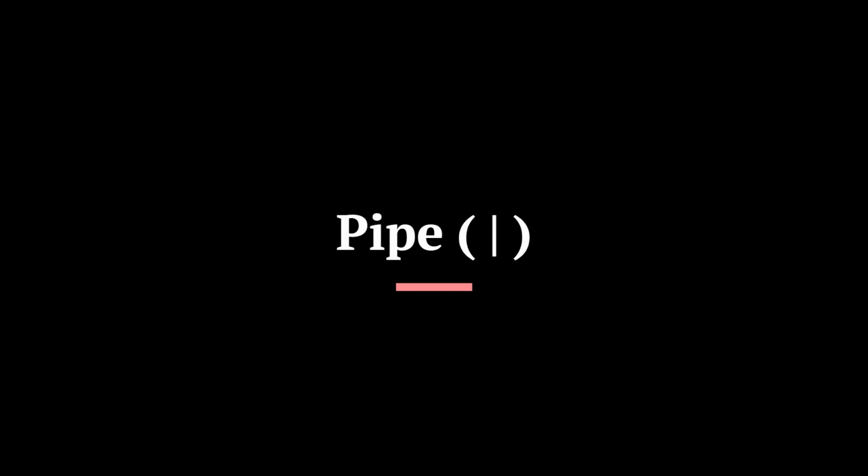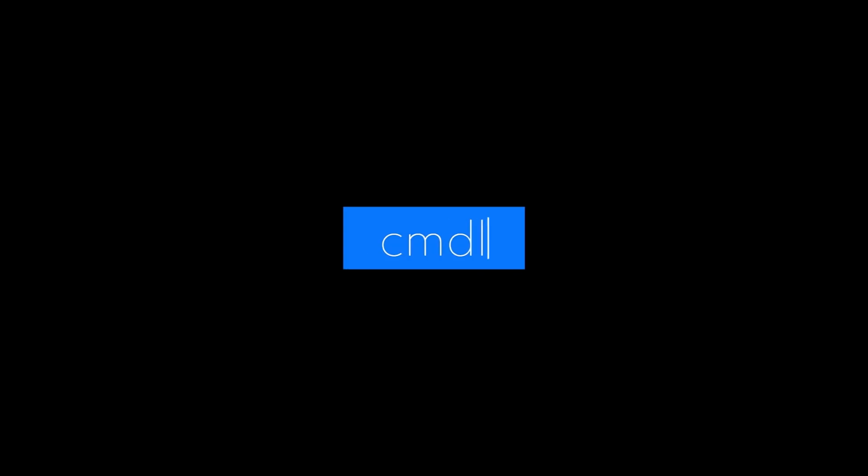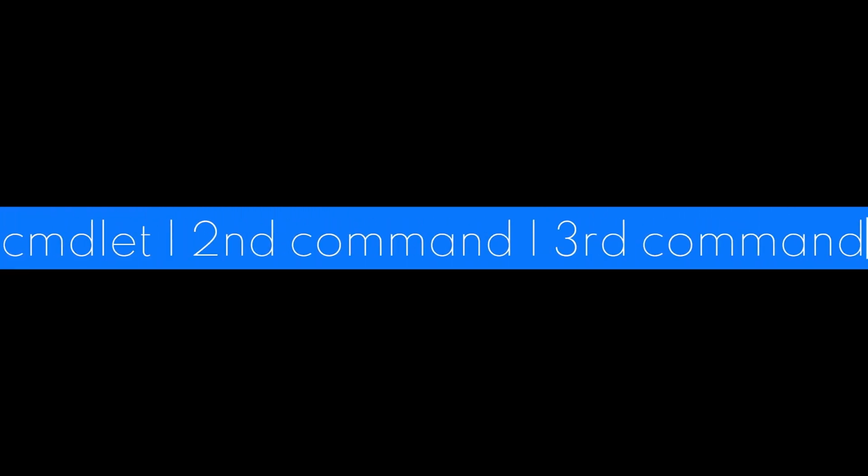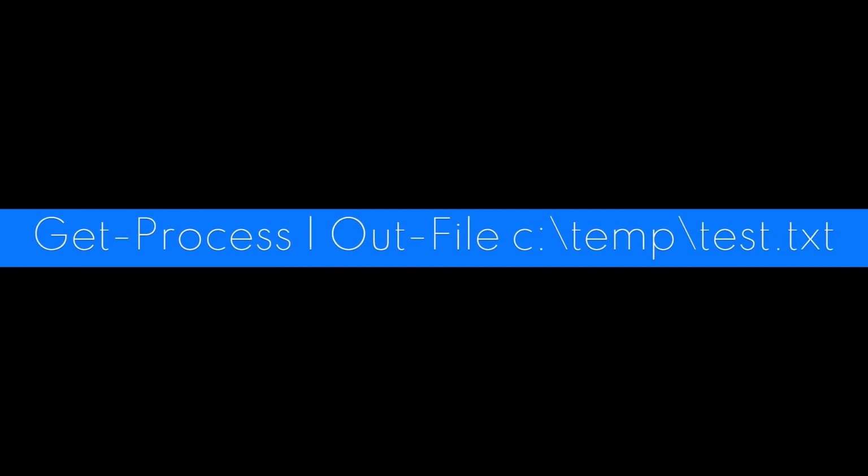In PowerShell, the pipe, using a vertical bar symbol, is a powerful feature that allows you to pass the output, objects, of one command as input to another command. This enables the creation of efficient and concise command pipelines, where the output of one operation seamlessly becomes the input for another. For example, to get a list of processes and output it to a text file, you can use